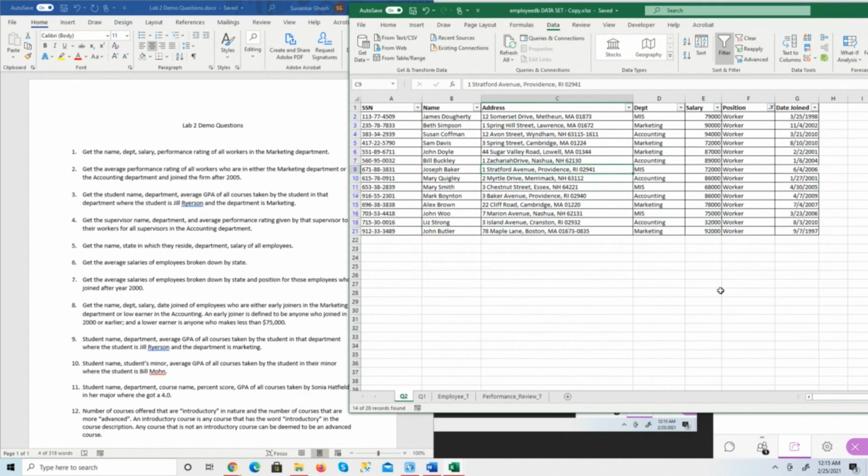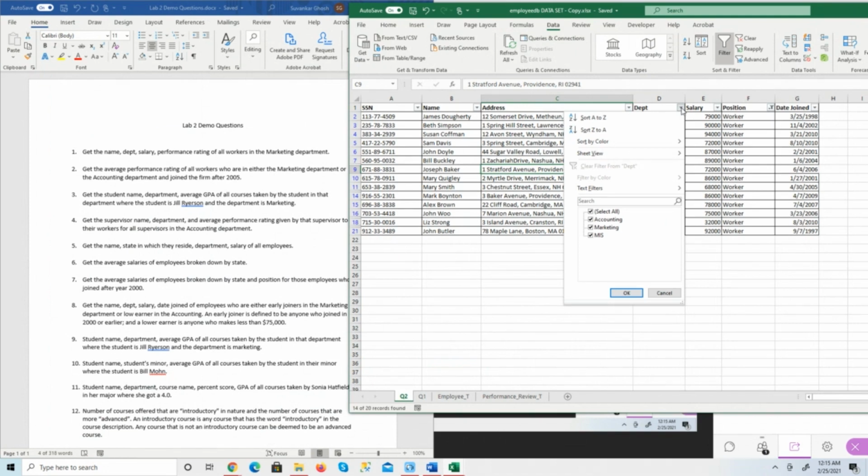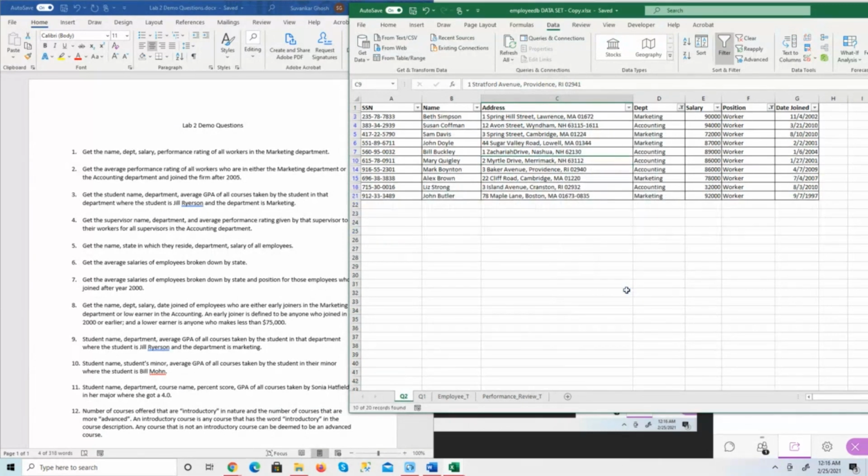So we have now kept only the workers, and they're also interested in either marketing or accounting. So department, deselect this and select accounting and marketing. So we have now reduced it to workers in marketing or accounting, and then also who joined the firm after